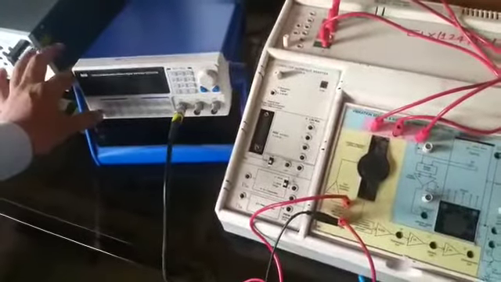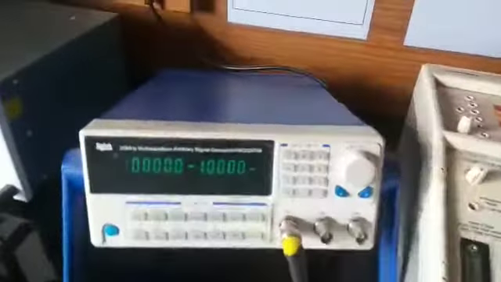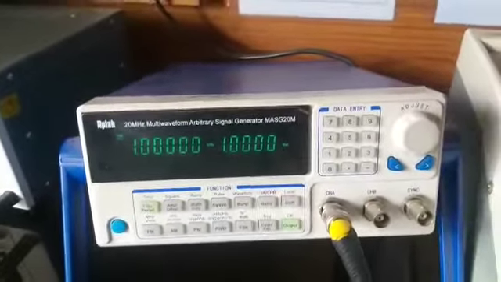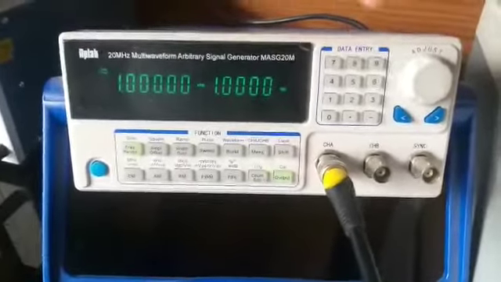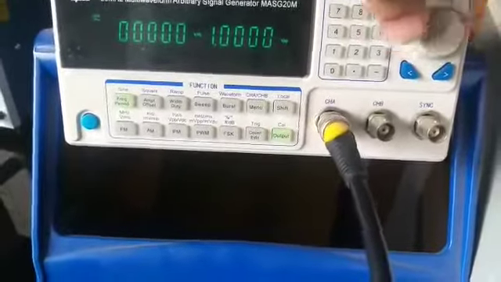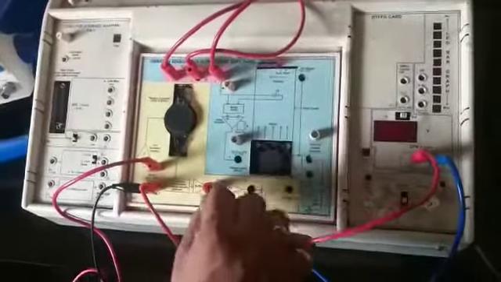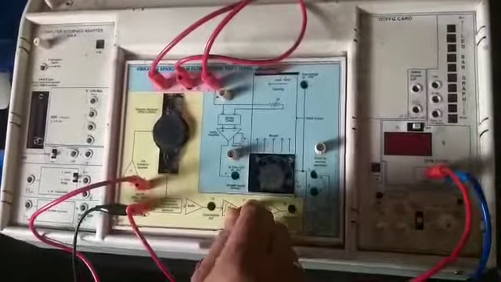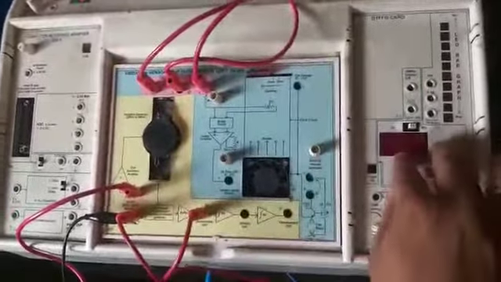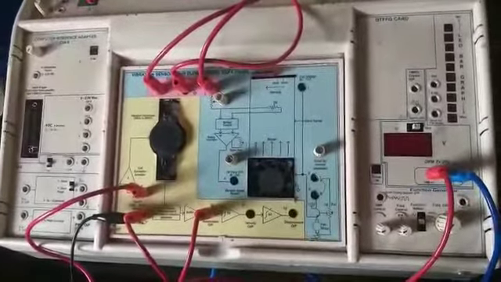Now you can turn this on. Here you can see we have set the function generator at 1 kilohertz, but we have to set it from 2 kilohertz to 8 kilohertz. So now I have made 2 kilohertz the input frequency, and 40 millivolt peak to peak as I already set. Now we can measure the output of acceleration from this point and the output of velocity from this point. You can connect the multimeter over here with respect to ground.